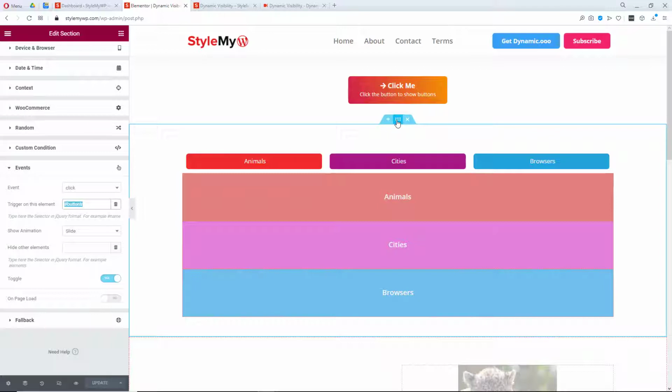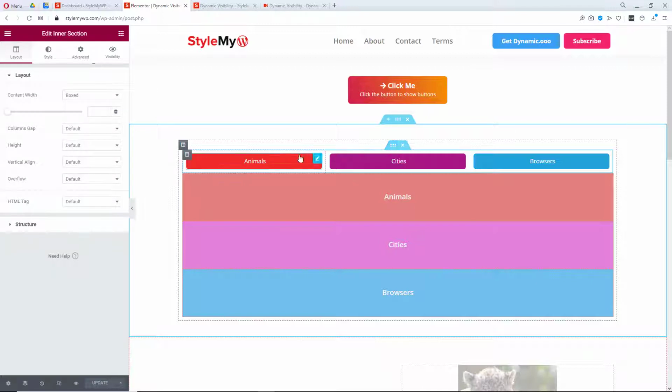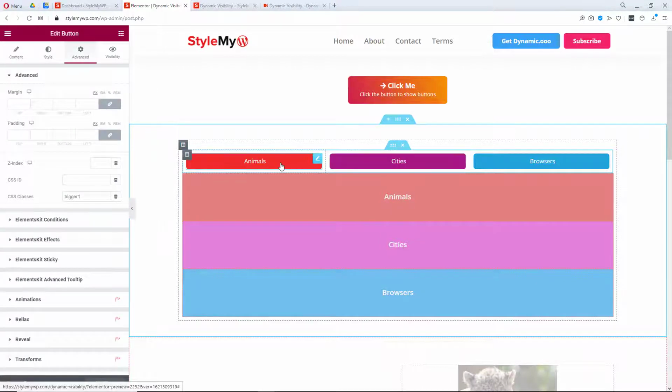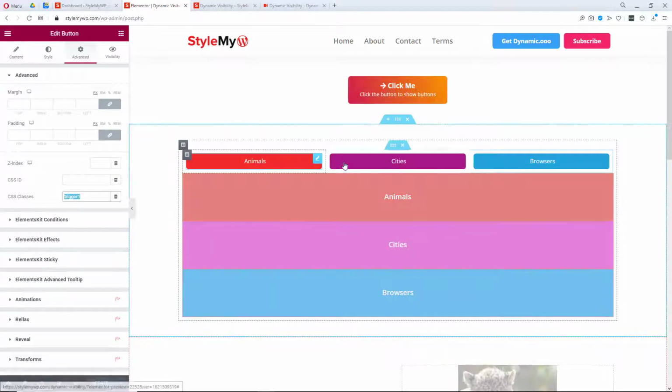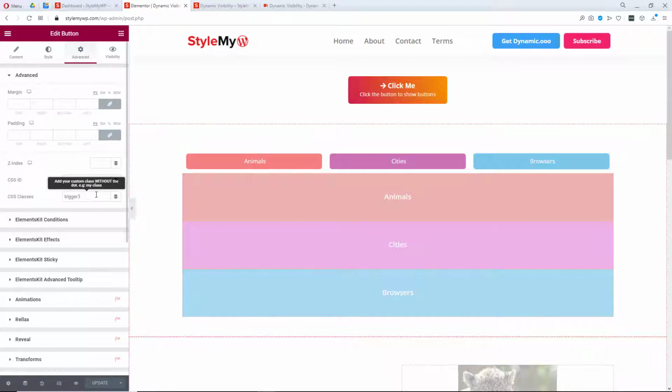The same way, in this section I have used three buttons inside a section. This is the section, and here are my buttons. On the buttons I have used only the classes trigger 1, trigger 2 and trigger 3, right?